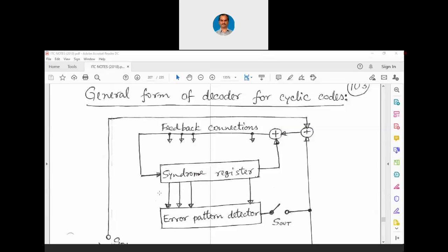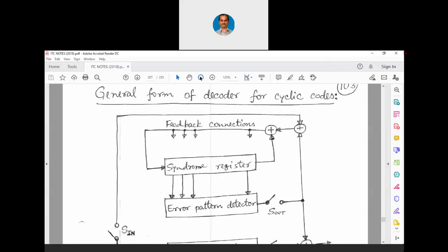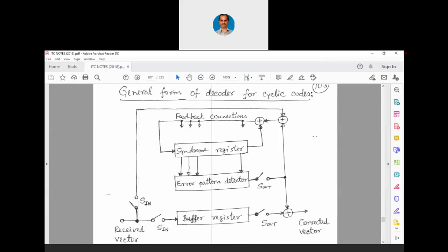I am coming to the last part of the cyclic codes. How can you have a general form of decoder for cyclic codes at the receiver? That we are going to see now. So you can see here we have a particular block diagram. Let me slightly zoom out. Yeah, now you can see the complete block diagram,